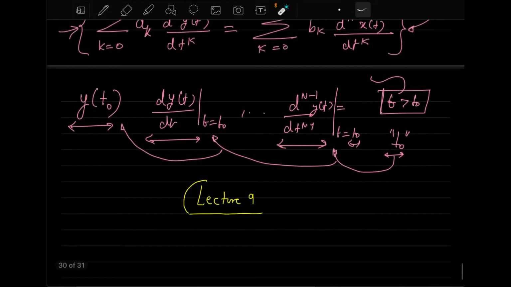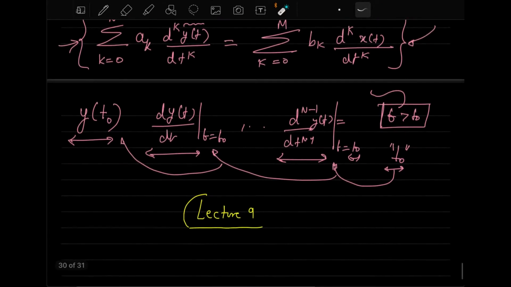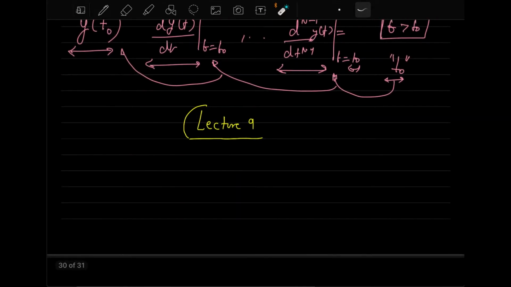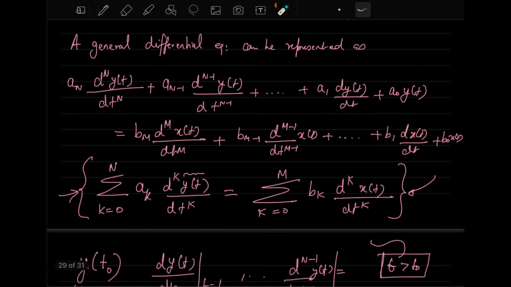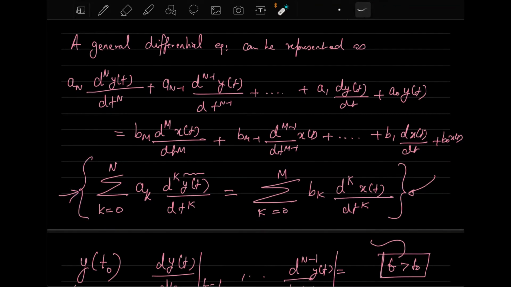Now, to stress more on this differential equation, we want to solve this particular differential equation by applying some constraints on it, so that once we apply those constraints, we will get a simplified version of these differential equations. The first and second constraints we want to apply are to check the linearity and the time invariance of these differential equations. We want to know whether they are linear and time invariant or not.